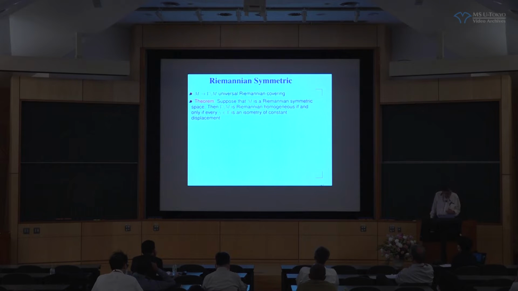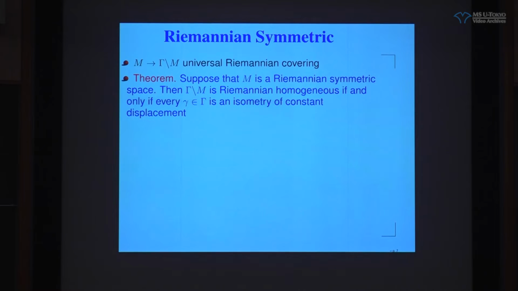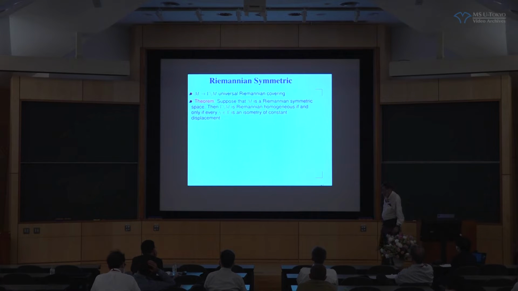If so, then the first thing to look at would be if the irreducible symmetric space is of non-compact type. We already know about that. It has sectional curvature less than or equal to 0. So we only have to worry about the case where the symmetric space is of compact type. In other words, where M is compact and irreducible. And